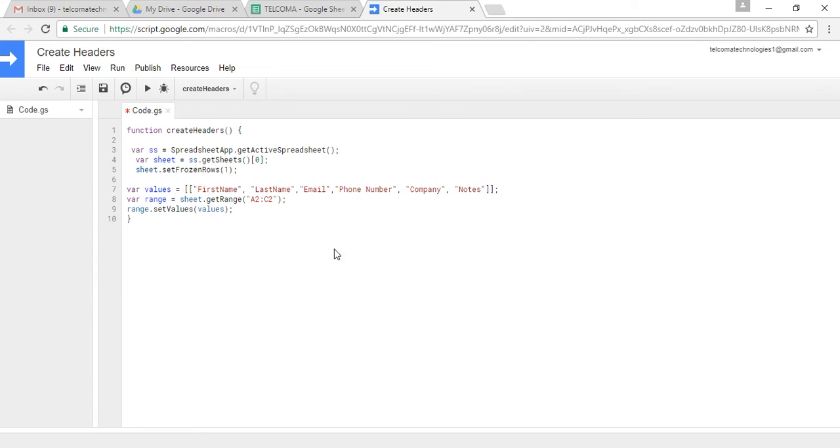Now we have to set the range of cells. For example, we are going to have the headers at range A1 to F1. You're having this range of cells, and when you are going to save this and run this,